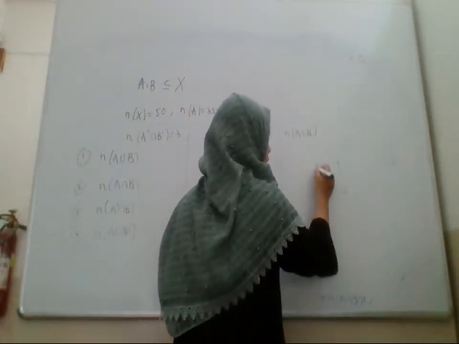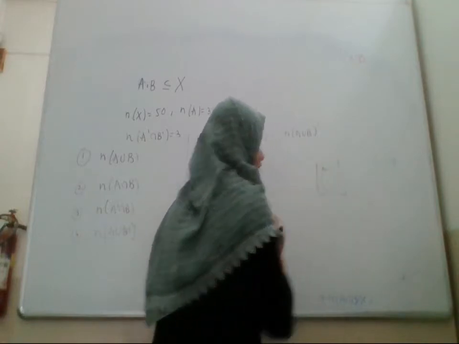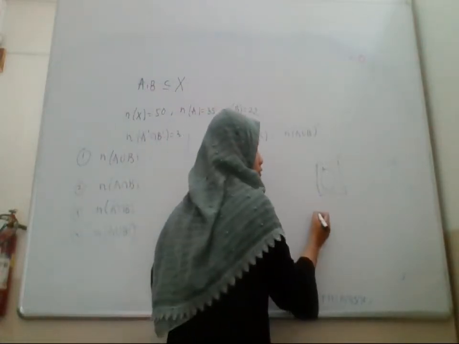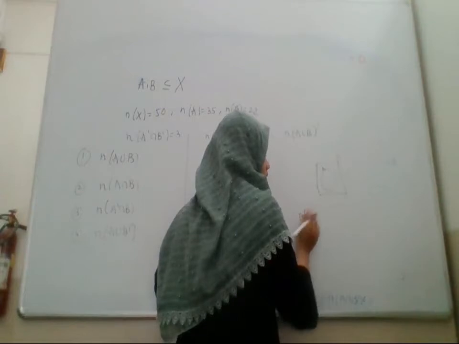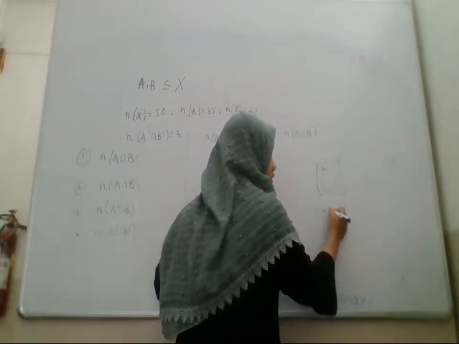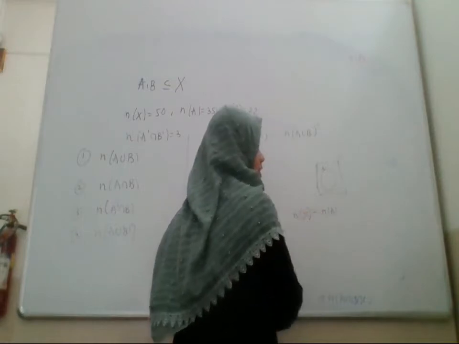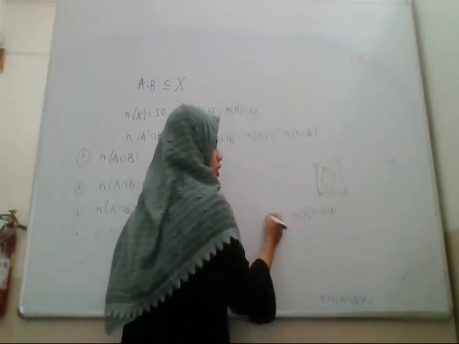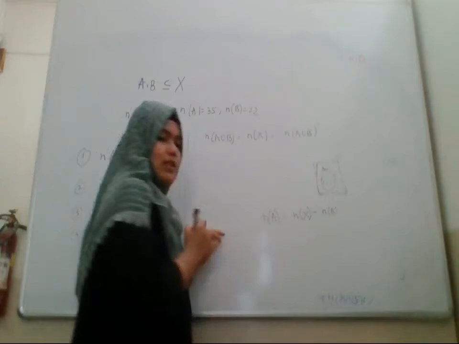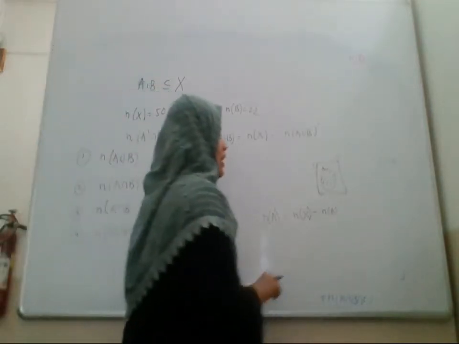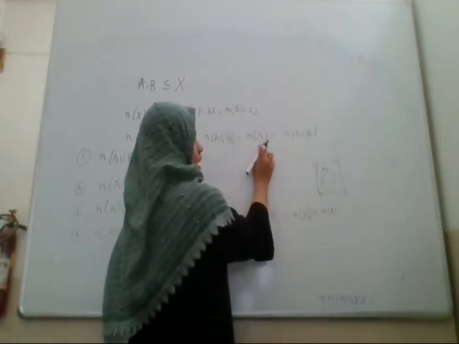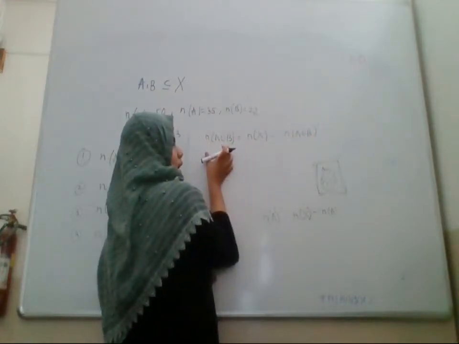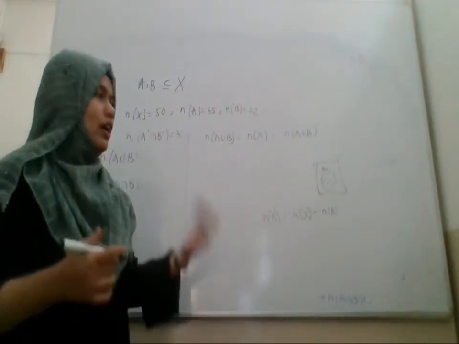Suppose I have one set A, and this is your universal set U. If I delete the cardinality of A from the cardinality of the universal set, अगर मैंने पूरे universal set में से cardinality of A को delete कर दिया तो मुझे क्या मिलेगा, cardinality of its complement मिल जाएगा, right? So similarly, if I delete n of x में से cardinality of complement A union B delete कर दी तो मुझे क्या मिलेगा, cardinality of A union B मिलेगा।